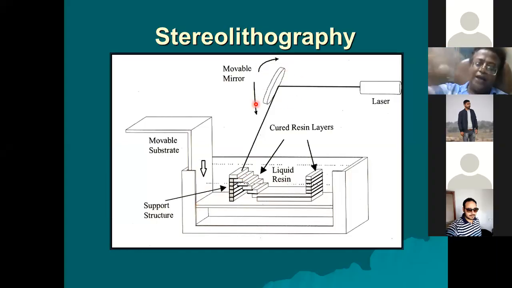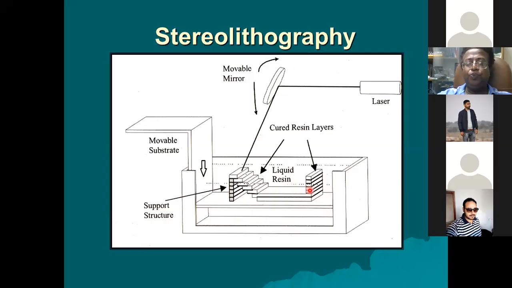So the next layer will be deposited by scanning this laser spot. You will get the whole thing deposited as a second layer. Then again the platform will go down, again the liquid will come, the laser will scan, and you will put the third layer.